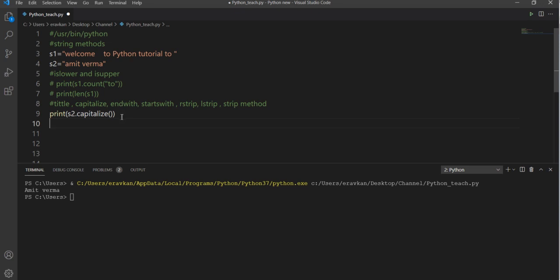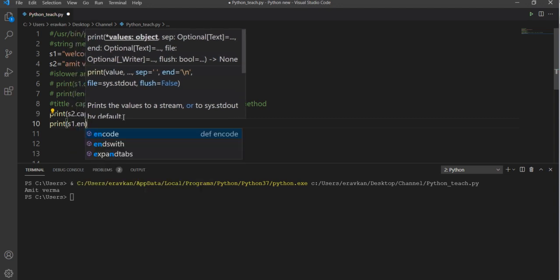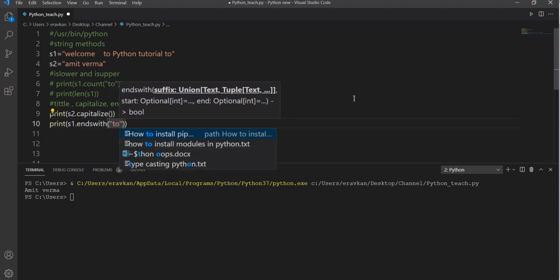Then we have endswith. I want to check whether my string ends with a particular substring. Suppose this is my string, and I want to check whether it ends with something or not. So print s1.endswith, I want to check whether my string ends with 2 or not.